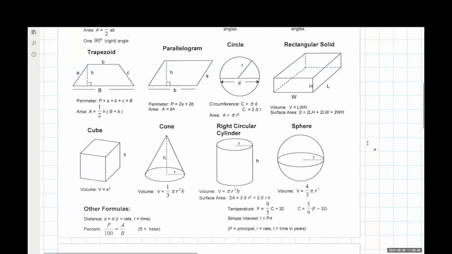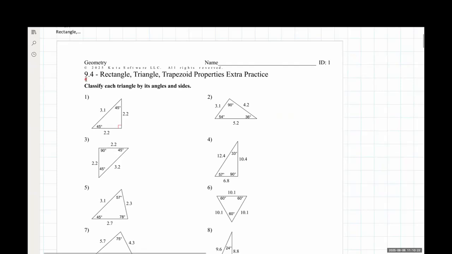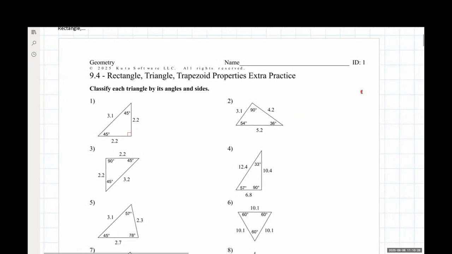So let's go ahead and jump over and take a look at some example problems using the material that we covered today. I'm going to be using the 9.4 extra practice PDFs that are created in our OneNote for these examples here. Otherwise, we get a whole bunch of extra stuff showing up in the lecture notes and it becomes a much larger document.